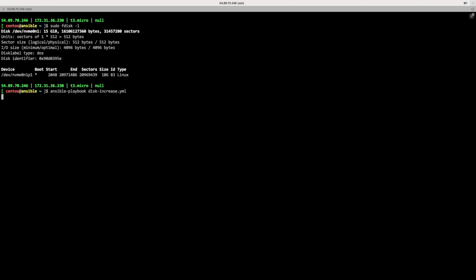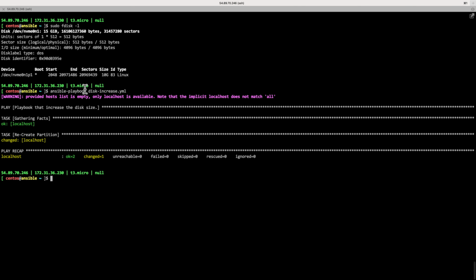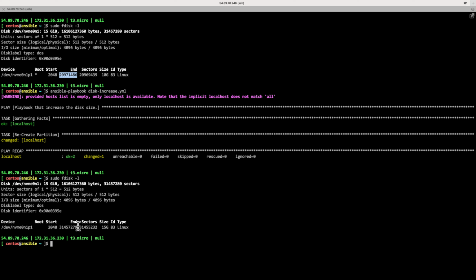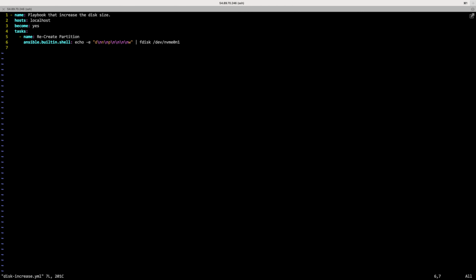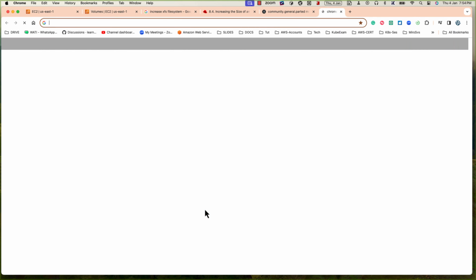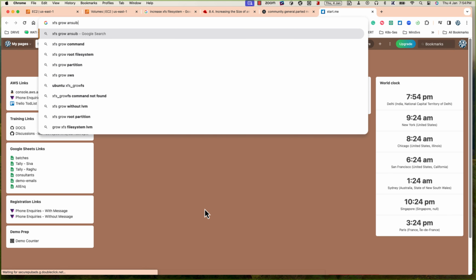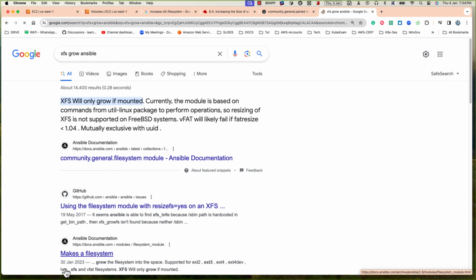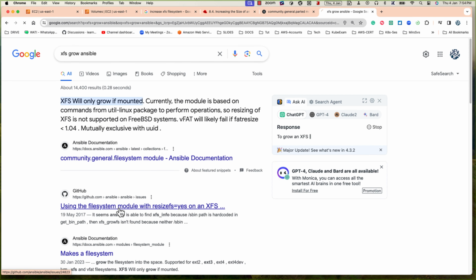Now let's run this particular Ansible playbook. After you run this, go ahead and look at fdisk -l, and you will see the increased size now. You can see the partition's last line is showing 15 GB, and the end number has increased. Now our partition is increased. We are going with only a single scenario, assuming that a single disk has a single partition. Most of the time that is what we do generally in the servers,